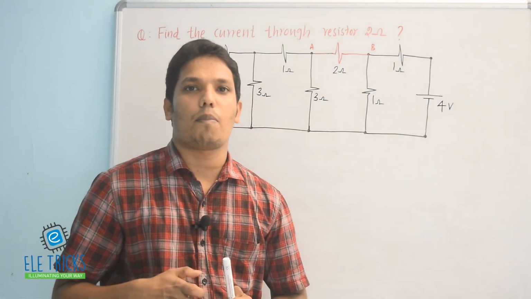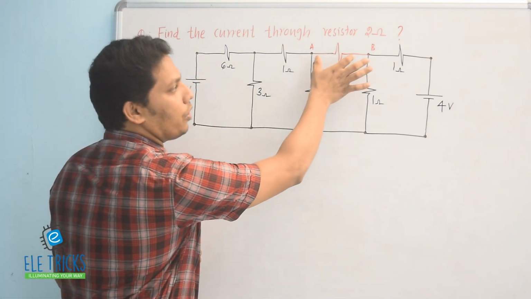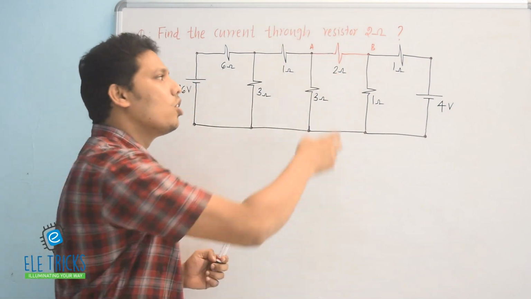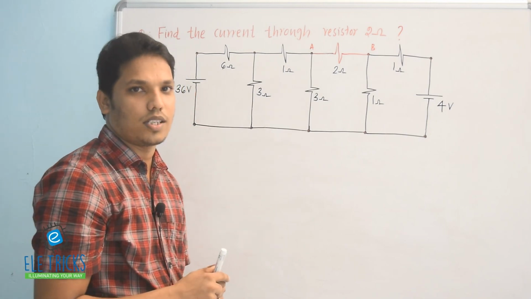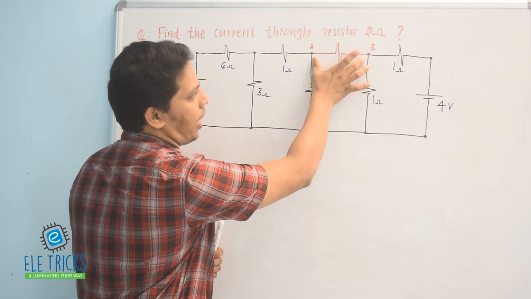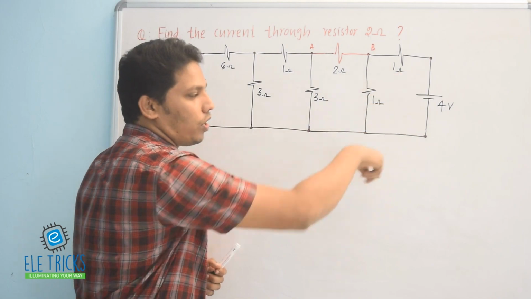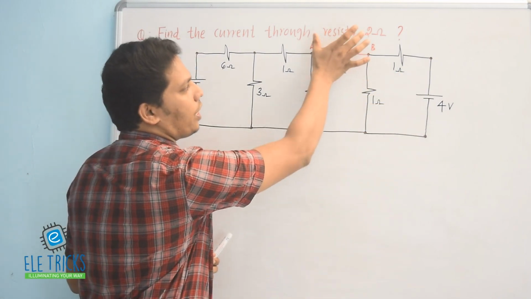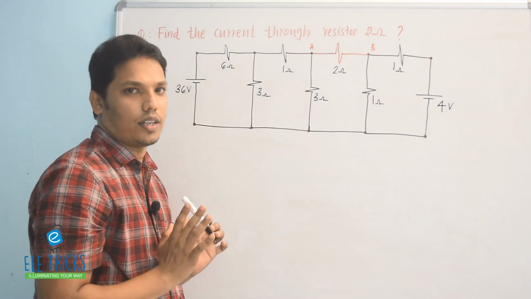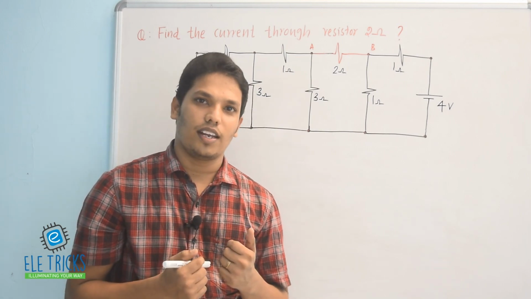Most students approach Thevenin's theorem through the following steps. First, you should remove the load resistance. Here I am considering my 2 ohm resistance as the load. So you just remove the load resistance first. Then you find the voltage across A and B, that is VTH. Then you short the voltage sources and calculate the effective resistance across A and B. So that is our Thevenin equivalent. Is it clear?